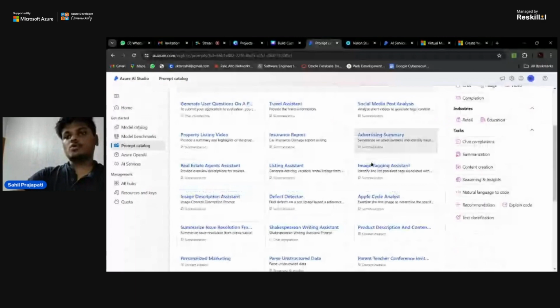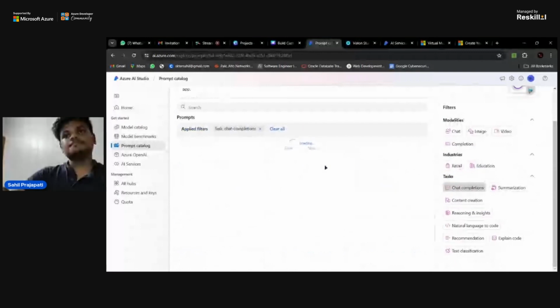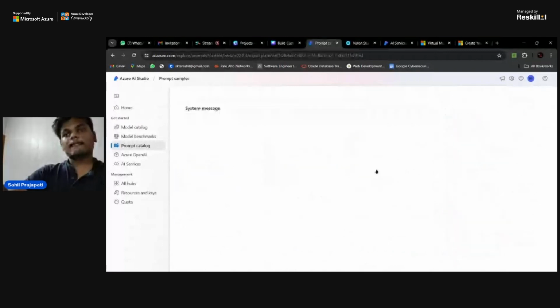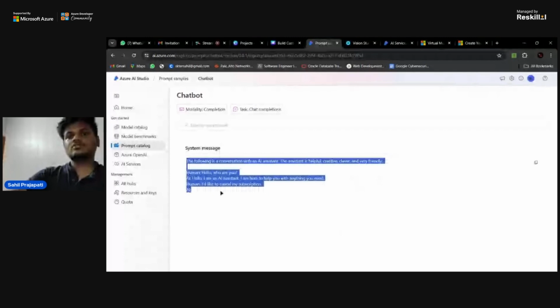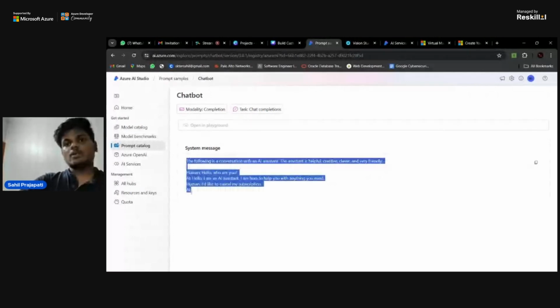You can also create yourself a chat completion model. This is the preview, such as the chatbot. This is the system message, or you can say the conversation between the AI and yourself. This is the default message that has been pre-built or defined by the user. You can integrate it with your model, associate it with your model, and your model is going to work